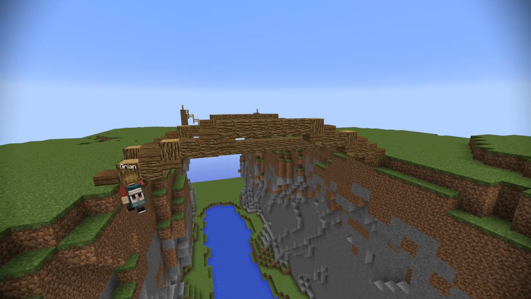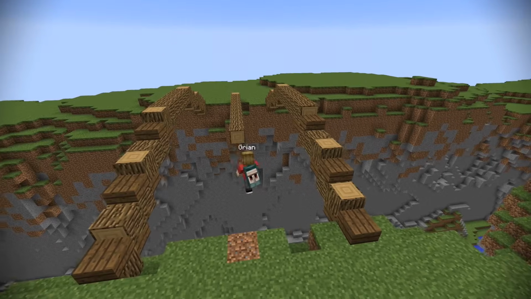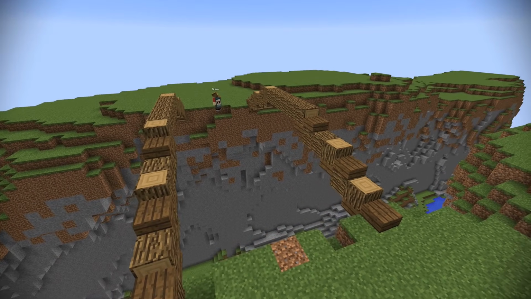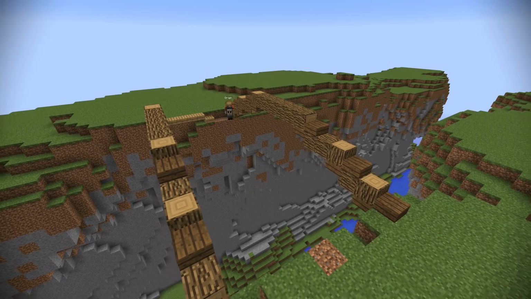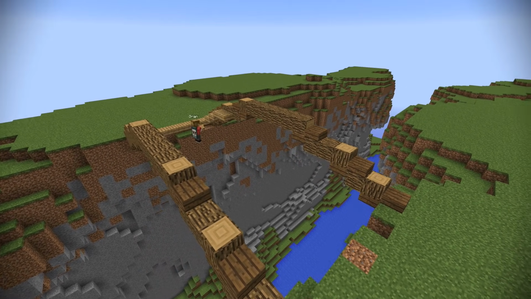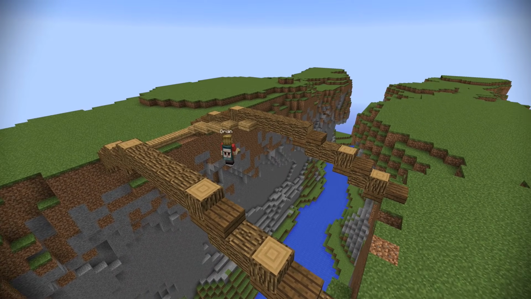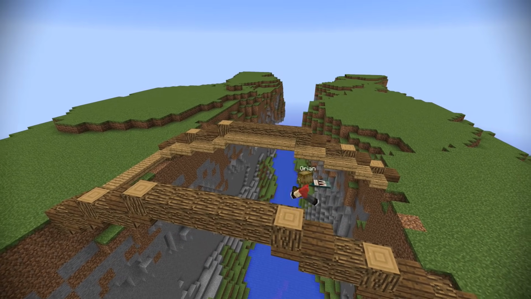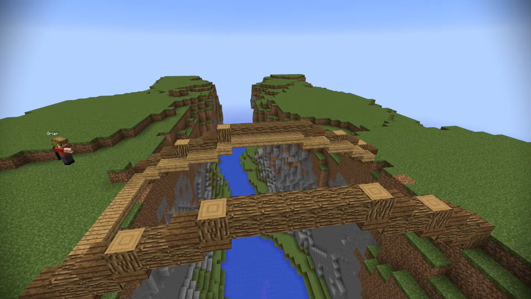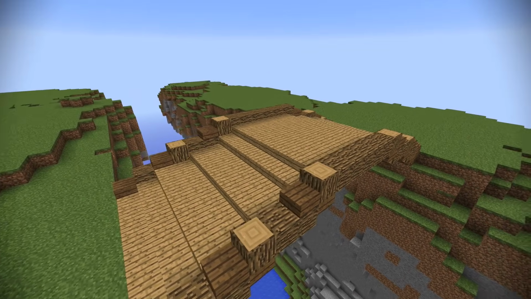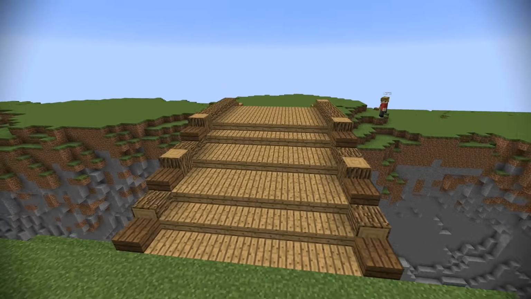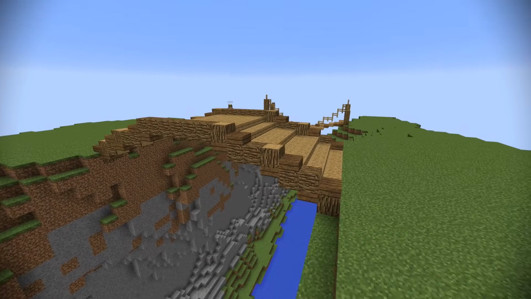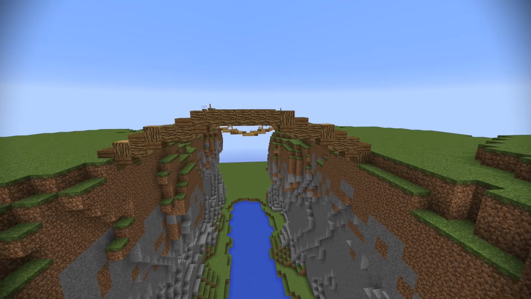Right now I'm using half slab and just making the connections over the arch a bit smoother. Now I'm going to take half slab again using that wood, and go over the archway on the inside, making sure that I have a lip over the sides. I'm then going to take WorldEdit and just stack it over, but you can do that by hand, easy peasy. And there we have sort of a free floating arched bridge,